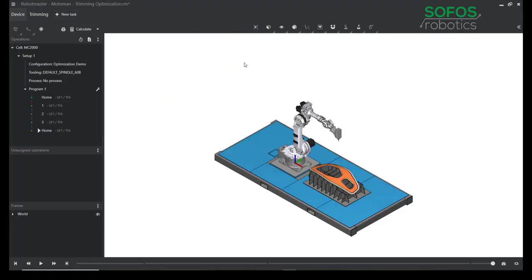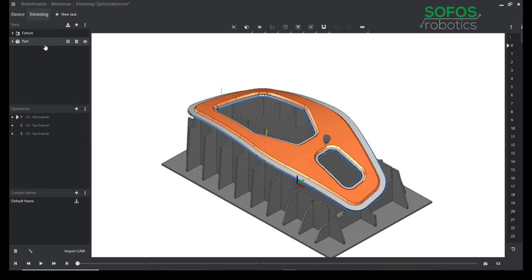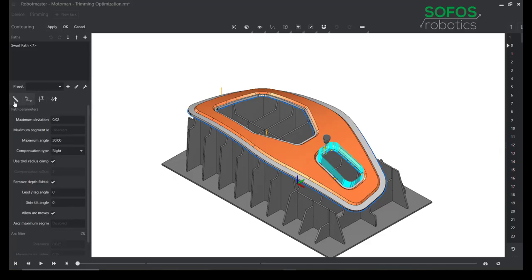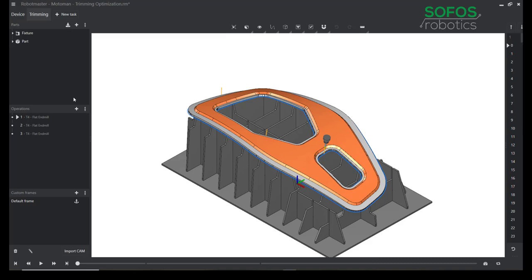Perfect. So, in conclusion, the contouring module is great for any kind of trimming or deburring application. You can see when we went through and programmed the tool paths, it was a couple of clicks. We get our parameters set. The other nice thing is I can actually set all of my settings as a preset, so I can hit export settings to preset, and what that does is it saves all of the settings we went through and set here,